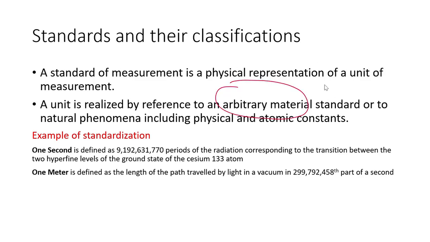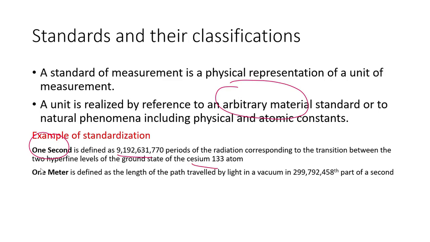Arbitrary means any material that we can suppose, but that is a bit controversial, because this arbitrary material must have constant properties and characteristics. It should not change with respect to time and temperature and anything, or we should define some constant phenomena for it. So we standardize it. So standard units can be like the one for second, which is defined as so many vibrations of cesium-133 atoms,